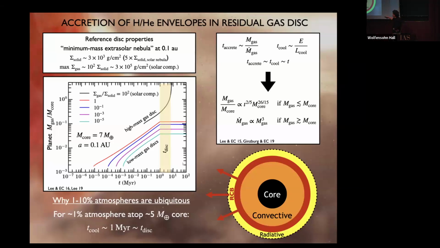Right, so many roads lead to the same percent by weight atmospheres. And the physical reason for this robustness is that the accretion is largely self-regulated. It doesn't really matter too much what the disk is doing because you can only accrete as much as you can cool. And it turns out for percent by weight atmospheres, the cooling times are measured in millions of years, which matches the lifetimes of these gas disks, okay? So you only accrete as much as you can cool while the depleted reservoir is still around. That's why many roads lead to the same percent by weight atmospheres.